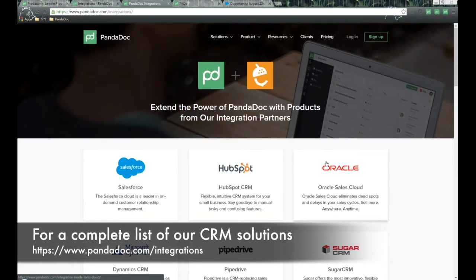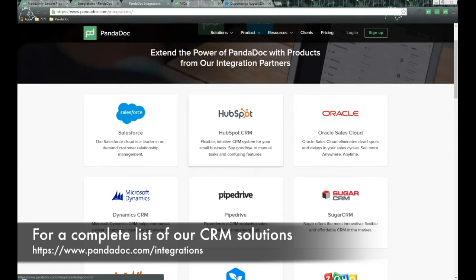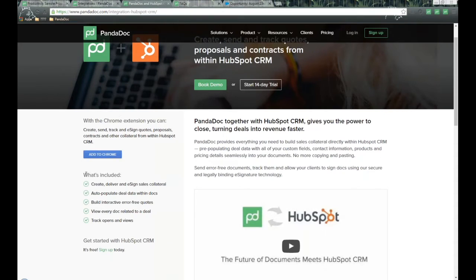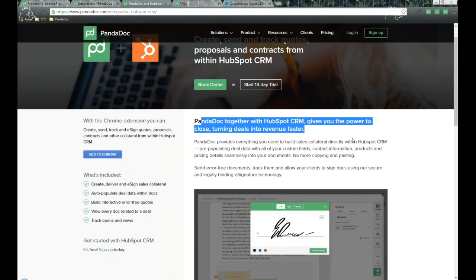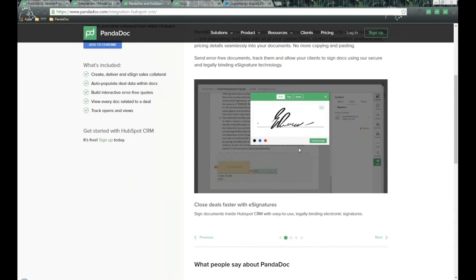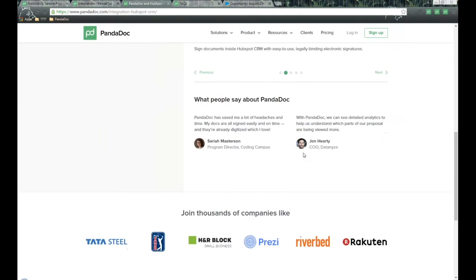If you go into each one of these individually, for example, HubSpot here, over here on the left-hand side is going to give some detailed information, so what's included, what we can do with this. You also find some screenshots available as well to kind of get you started in that process, what it's all about. Also, inside of our website, if we go all the way down at the bottom of the screen,